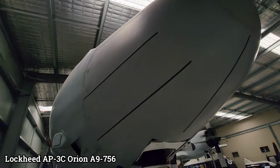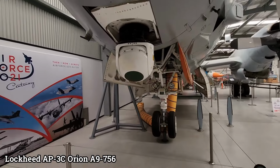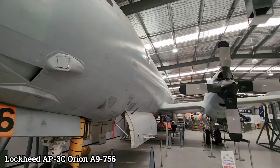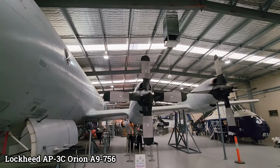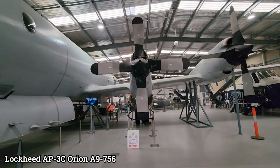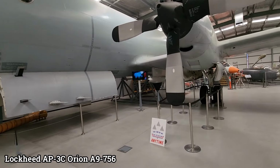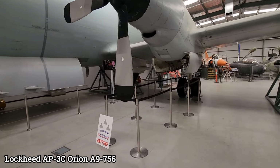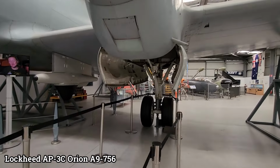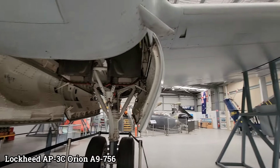The Lockheed P-3 Orion was developed as a replacement for the Lockheed Neptune maritime reconnaissance aircraft, used by a number of nations, including Australia. The initial service variant, the P-3A, entered service in 1962, and an improved version, the P-3B, followed in 1965. The P-3C was a completely revised version with the entire electronics suite replaced by a new computer